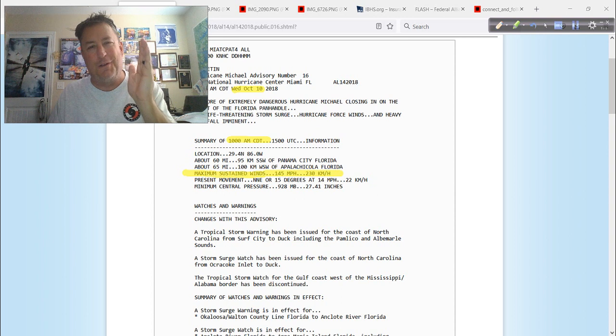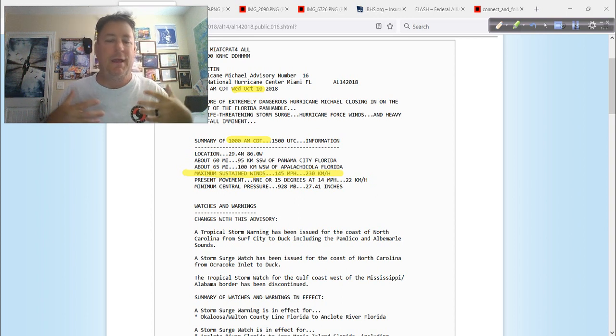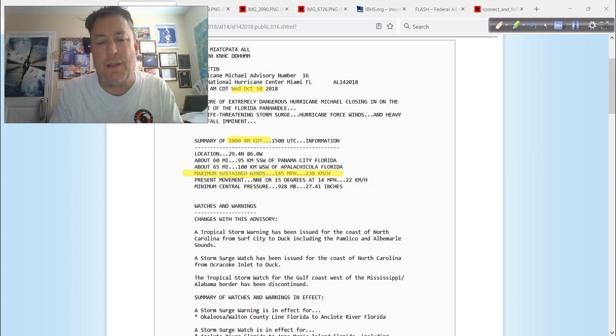But even that is, I don't want to say complete malarkey, because they don't have a tower sitting out there in one spot. They drop these dropsondes, they drift, they get blown around. It's a 1 minute average. The plane is flying at 300 knots or so through that eye wall, and it's recording its instrumentation, picking up the wind speeds. It's all done with math. The flight meteorologists, they're the ones that figure all of this out. But it is still an estimate,